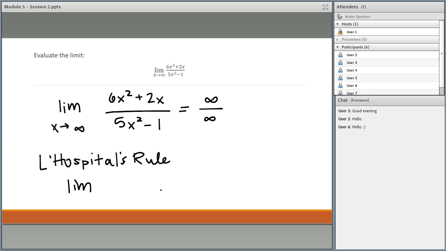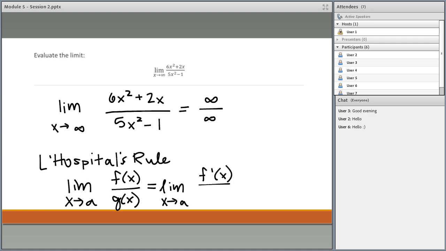if we're taking the limit as x approaches a, so a being anything, infinity or a numerical value, of some fraction f of x over g of x. And we end up with one of the forms that we just talked about. What we can do is take the limit as x approaches a of f prime of x over g prime of x instead, and that will give us the value. Potentially, we may have to apply L'Hopital's rule a few times, but the limit of the original,